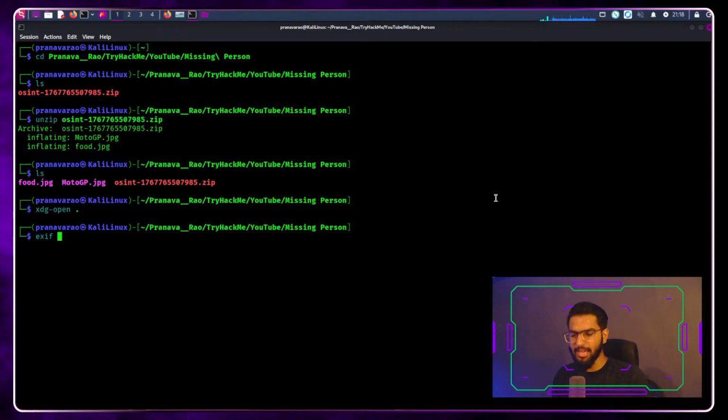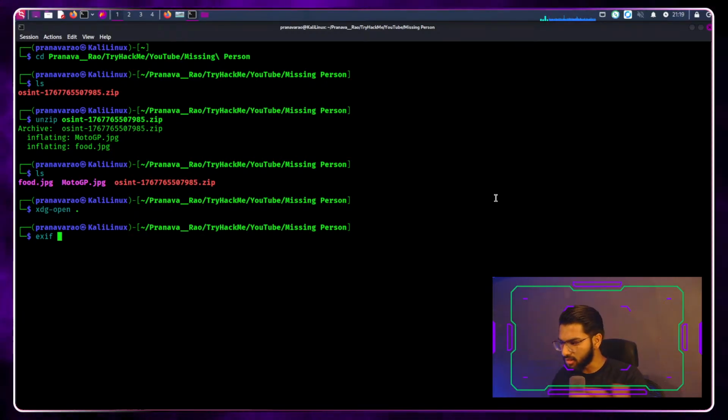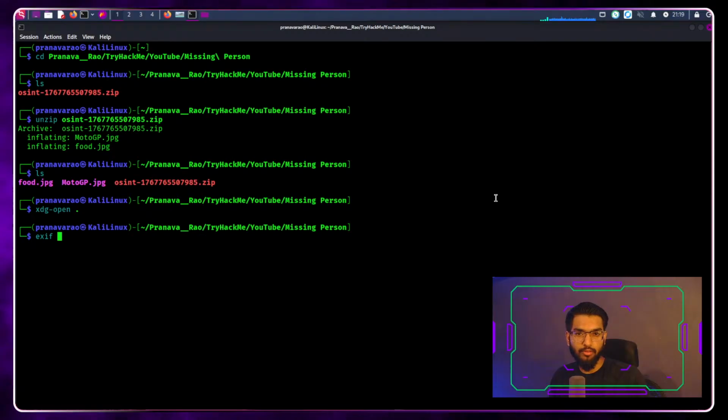Now if I take my phone and take a picture of this room or this area, it stores some metadata inside it, such as what was the angle that you took the photo from, what is the geolocation of the photo, what is the configuration of the phone, what was the time.